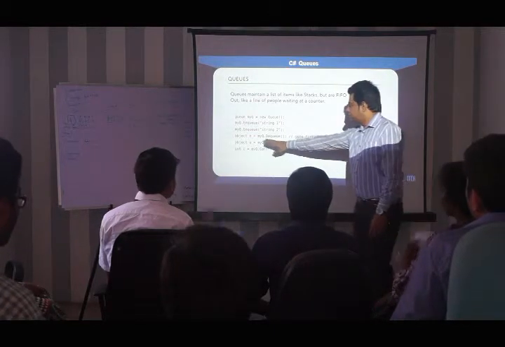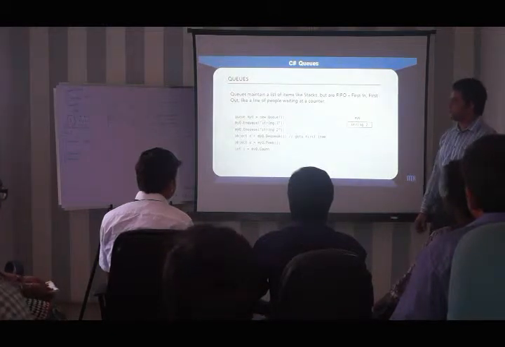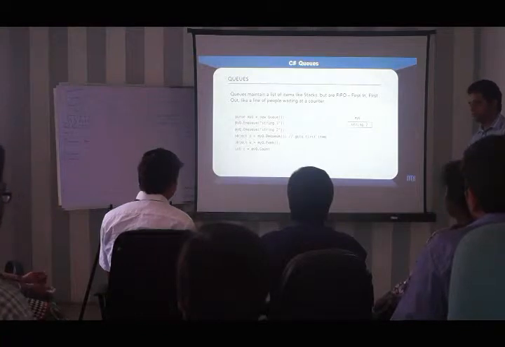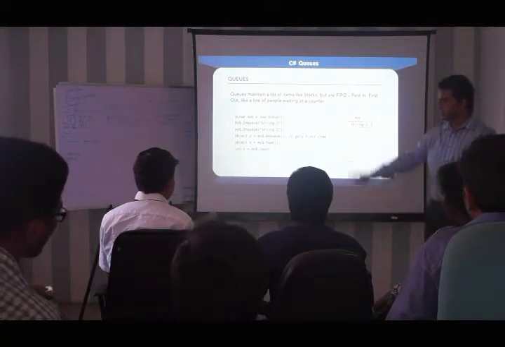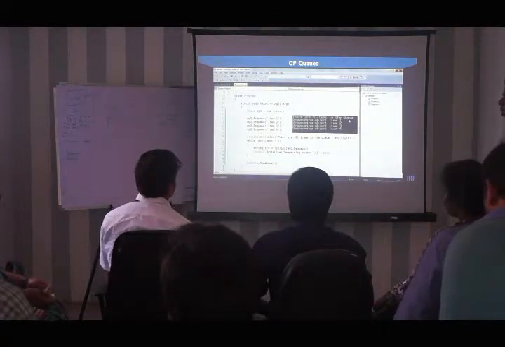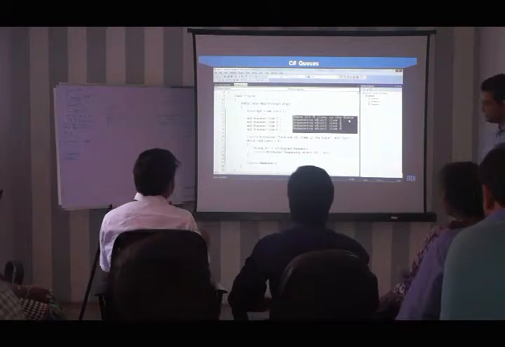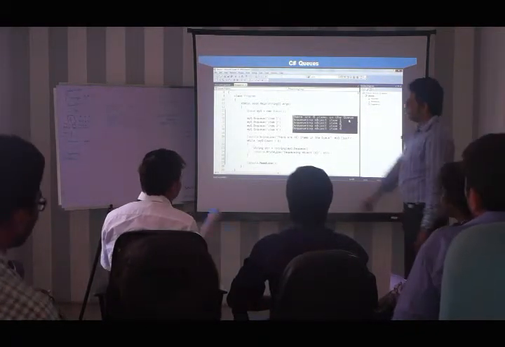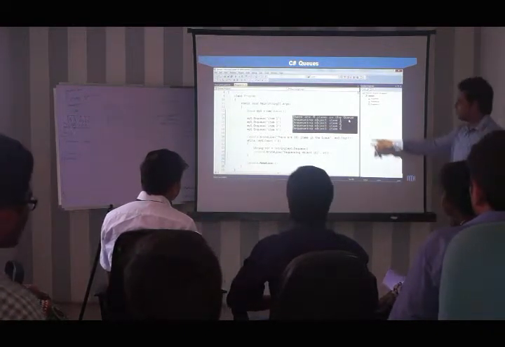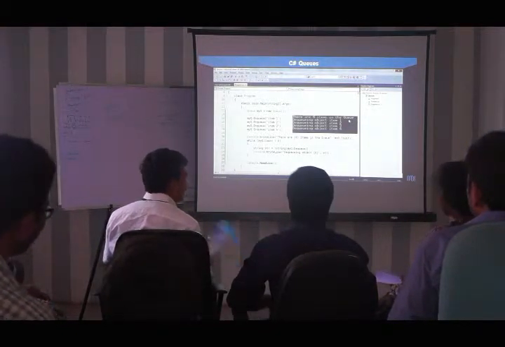Then Dequeue. What is Dequeue? It gets the first item. Dequeue means, don't get confused, get the first item and it will dequeue. It is like pop, and then you can count. Output is also there. Nice, huh? I thought it would come on the next line, but luckily it came here along with the same line.